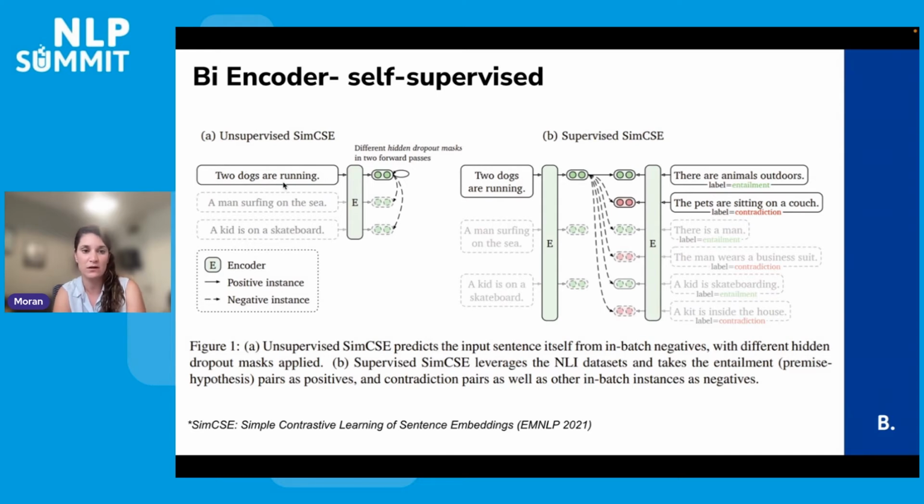So the main idea is that you can create a list of positive pairs of different text using hidden dropout masks in 2 forward passes, meaning that you can take the same text, then insert it with different dropout masks, and then get the noisy representation of the same text.